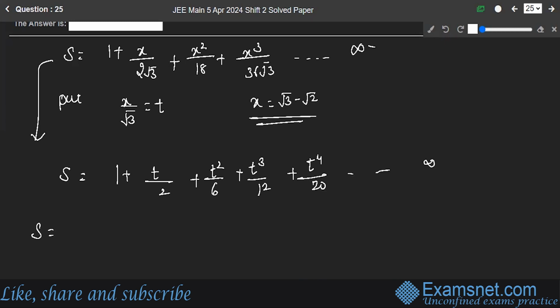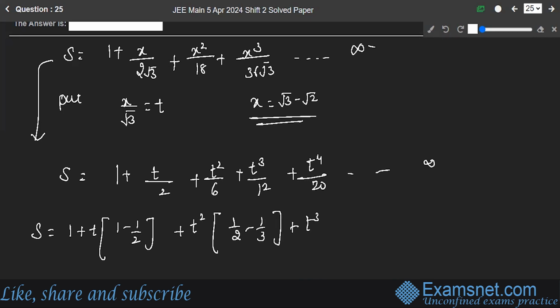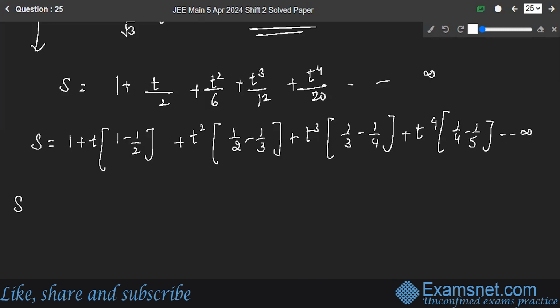So let's segregate them. I can write it as 1 plus t into (1 minus 1 by 2), plus t square (1 by 2 minus 1 by 3), t cube (1 by 3 minus 1 by 4), t4 (1 by 4 minus 1 by 5), so on till infinity. So S will be equal to 1 plus t